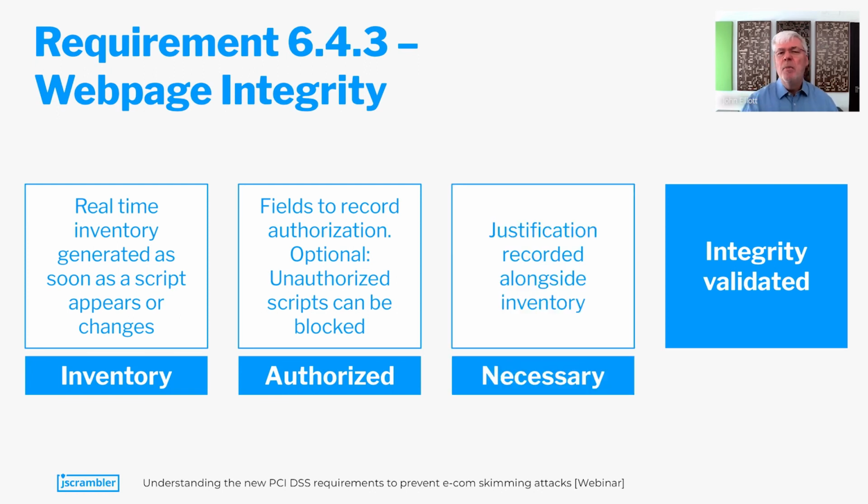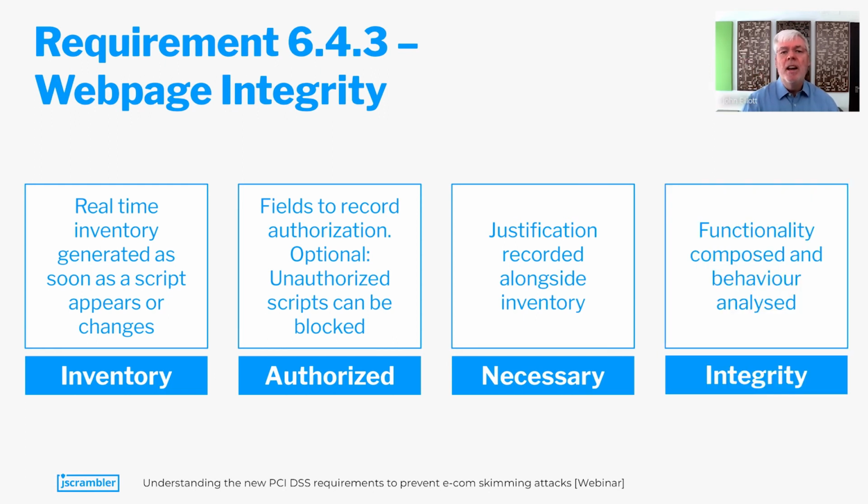Within the inventory module, you can record the justification of why a script's necessary. And finally, in respect of requirement 6.4.3, Jscrambler's web page integrity does what its name suggests. It validates the integrity of a script. It looks at the functionality of a script, it looks at its behavior, and it can give you an assurance